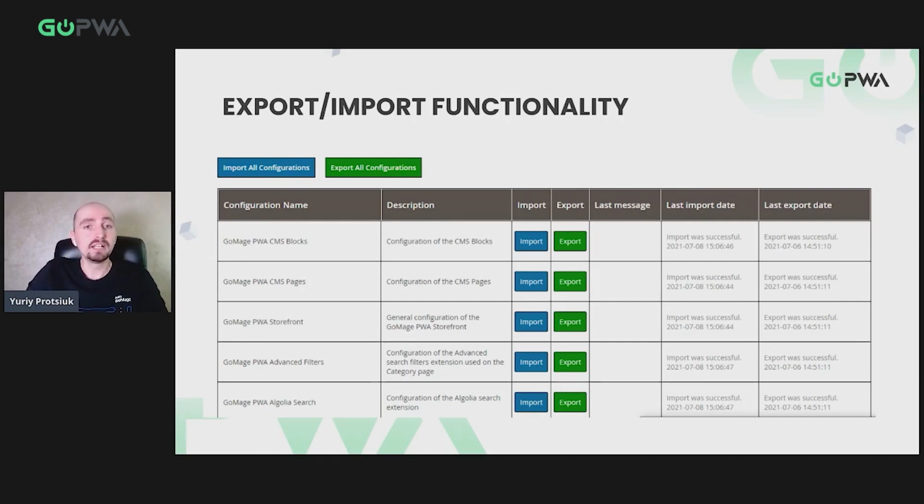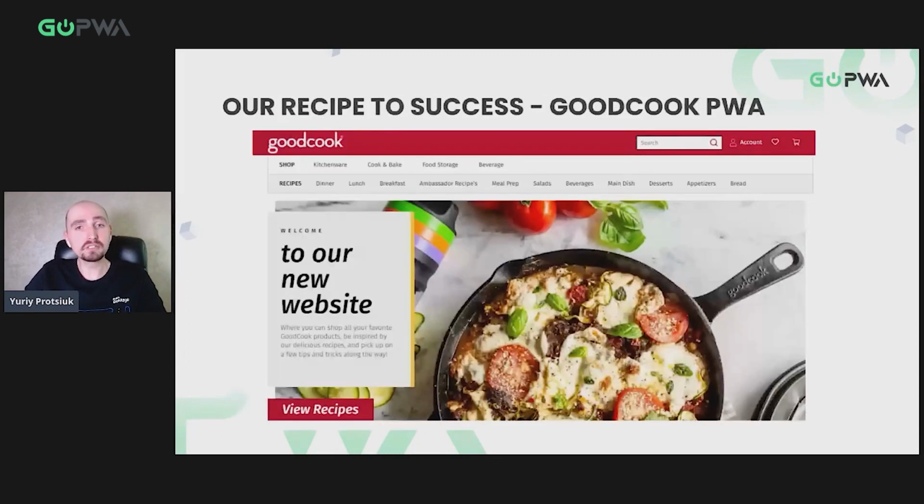So at the end of the day, such an architectural environment allows you to create top-notch PWAs that you can be truly proud of. And here's an example. We have developed a PWA Studio solution based on our GoMesh PWA storefront for Bradshaw International, an American manufacturer of food service equipment.